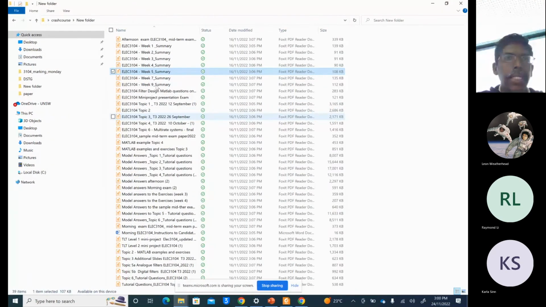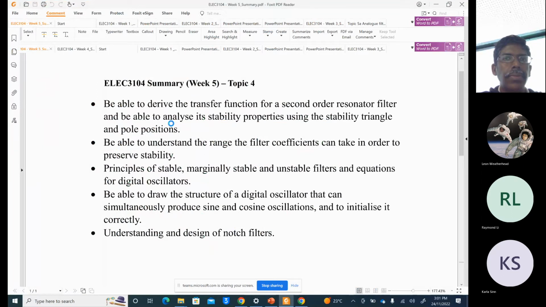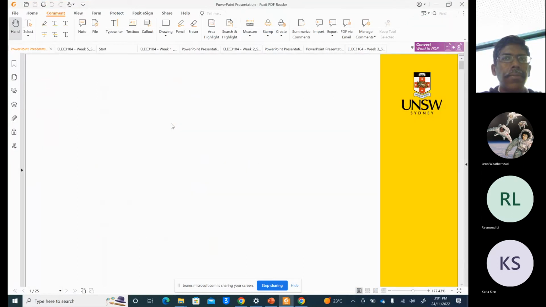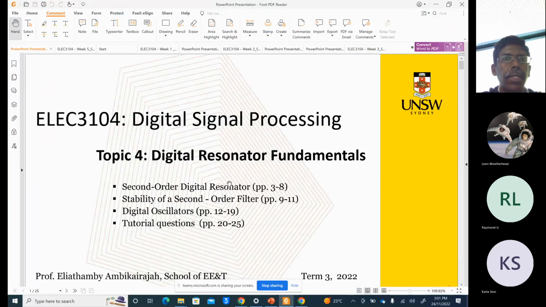The resonator. Yeah, resonators and oscillators. So here, maybe I will quickly go through